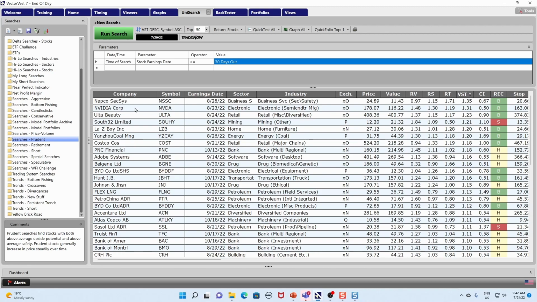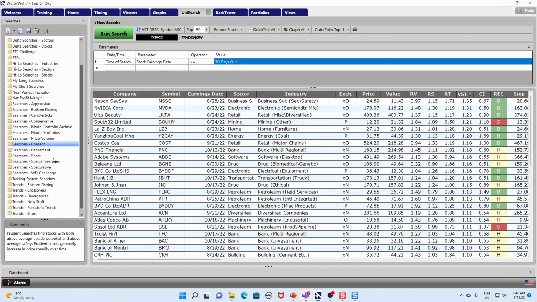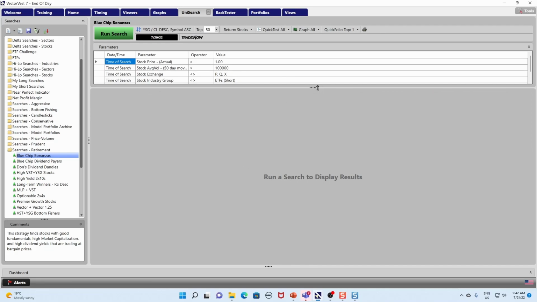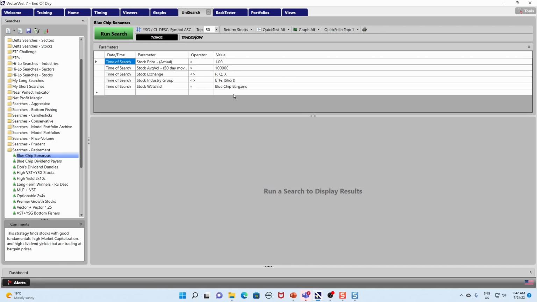There's Costco, for example, again sorted by VST, and of course we can add this criteria to any of our favorite searches. For example, let's just see where we have a search here. We can just grab one, for example. Here's searches retirement, blue chip bonanzas, for example. So it's got pre-built criteria. And if I want to add